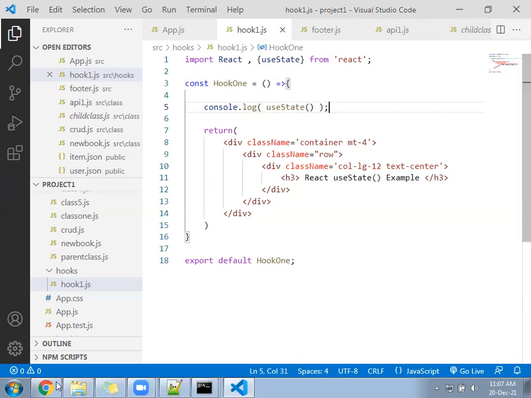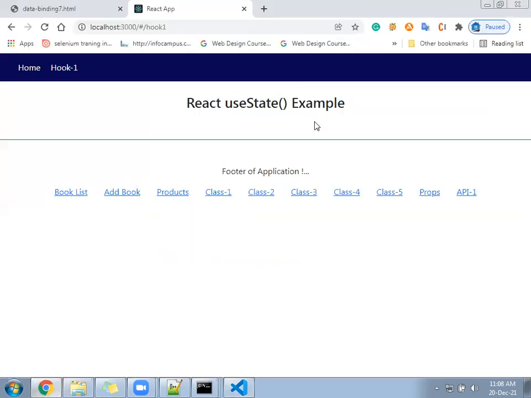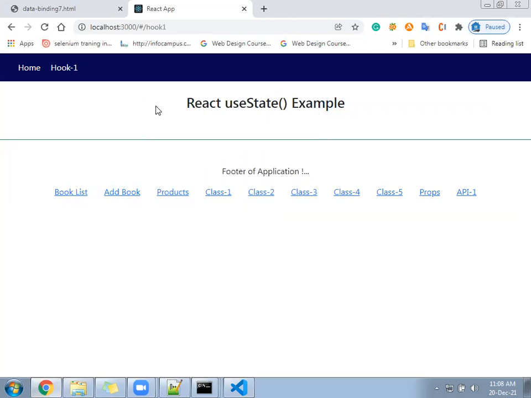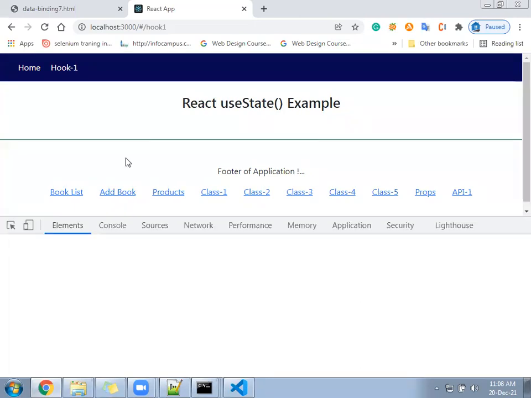Now come to the browser and do the right click and select inspect and go to console.